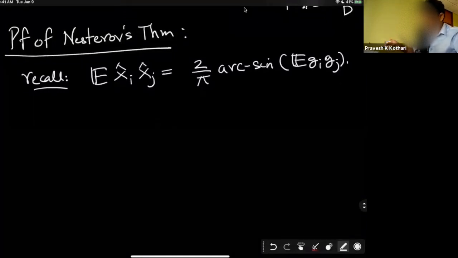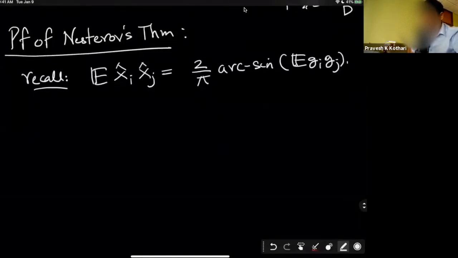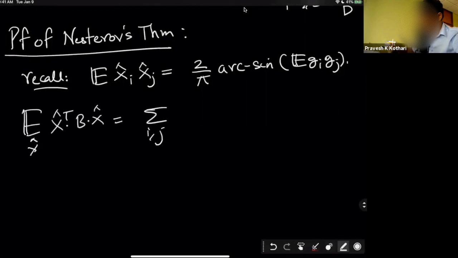And so what are we interested in? We are going to calculate the expected value, the expected objective value generated by this rounded distribution x hat, right? So let's try to write that down. So we are interested in x hat transposed B x hat, which equals sum over ij. Let's take expectations over x hat here, which equals sum B_ij